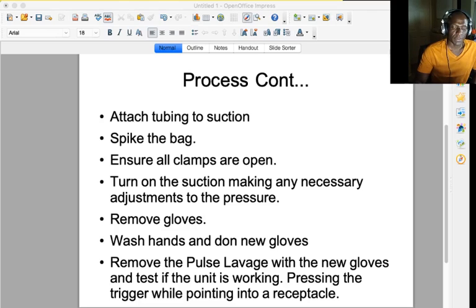Remove the gloves. Now the reason why you're removing the gloves here will become very evident in a very short period of time. Remove your gloves, wash your hands, and don a new pair of gloves. Now this is the final pair of gloves that you're going to be using, because with this new pair of